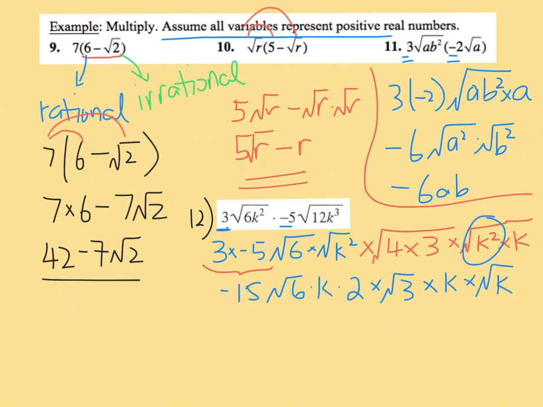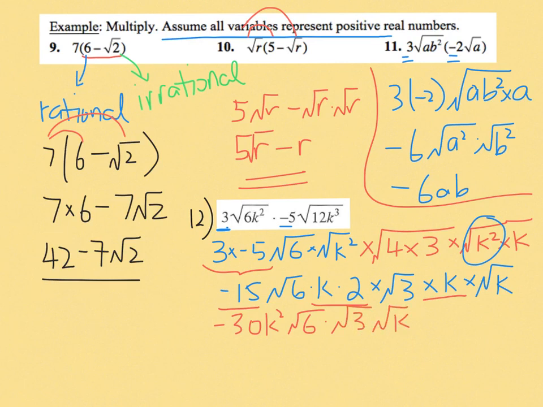Let's put all the rational terms together. So we have negative 15, k and a 2 and a k here. I can rewrite them as negative 30 k squared, and we have a square root of 6 times square root of 3 and square root of